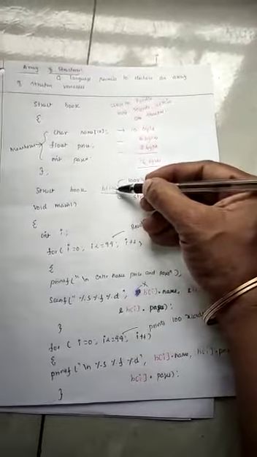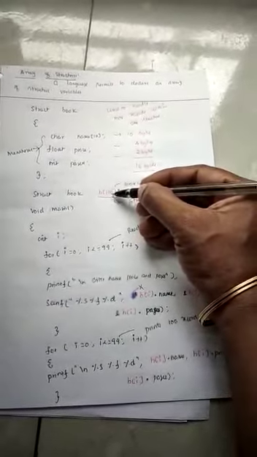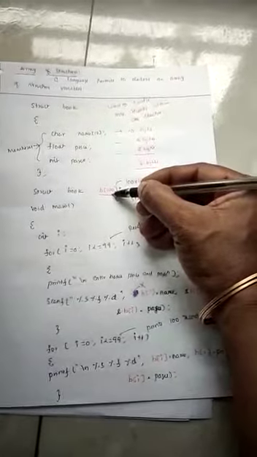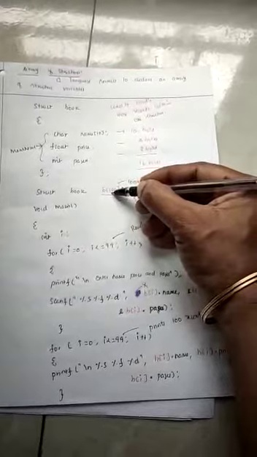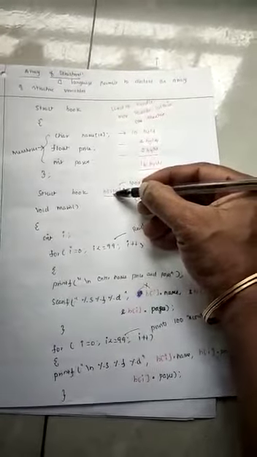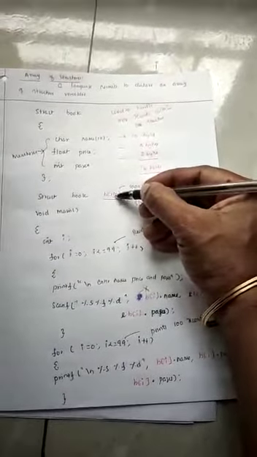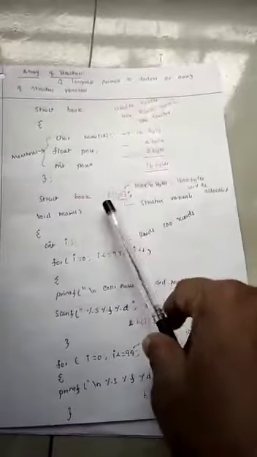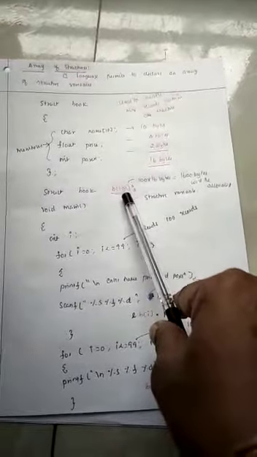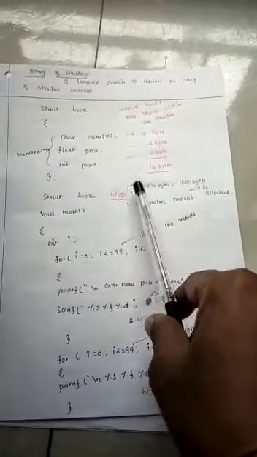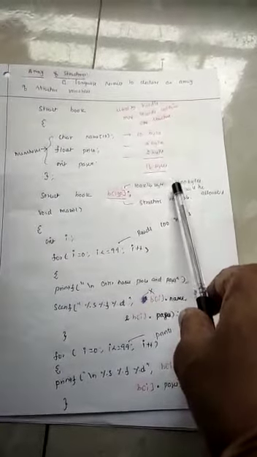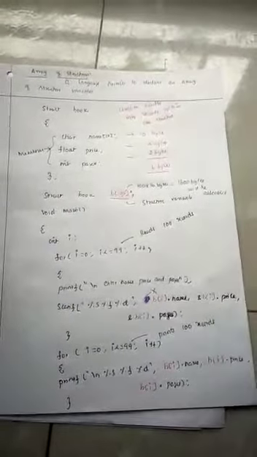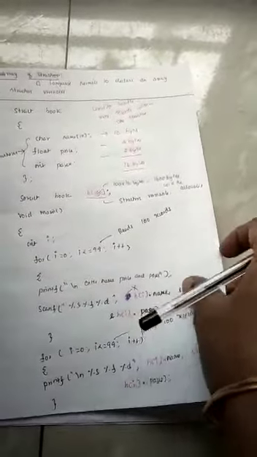The size can vary to any number. You can use B of 5 to read 5 records, B of 10 to read 10 records, or 15 to specify 15 records. It is not fixed, the size we can create. Suppose we are giving 100, how many bytes will be allocated for the structure? 100 into 16 bytes. The total size of the structure will be how much? 1600 bytes is the total number of bytes allocated for the structure.